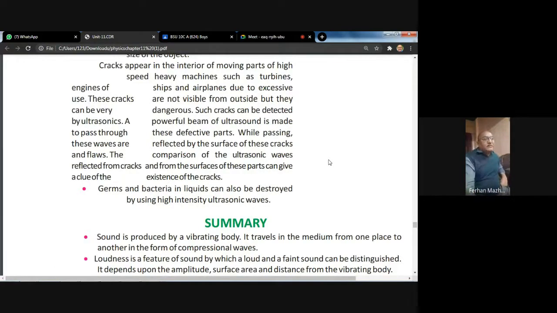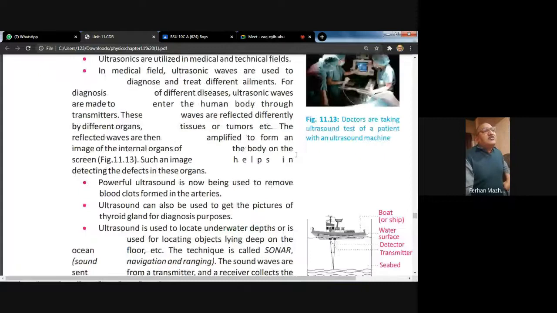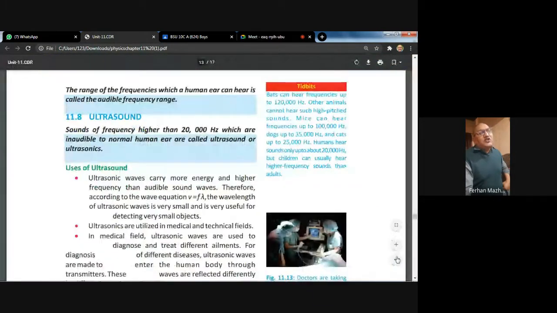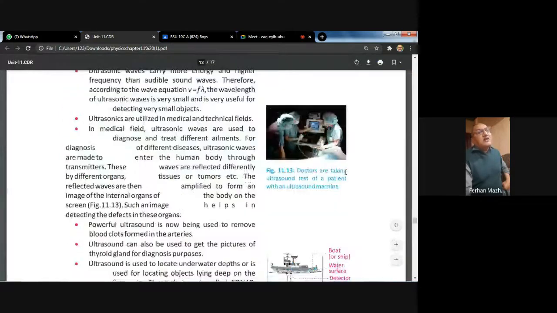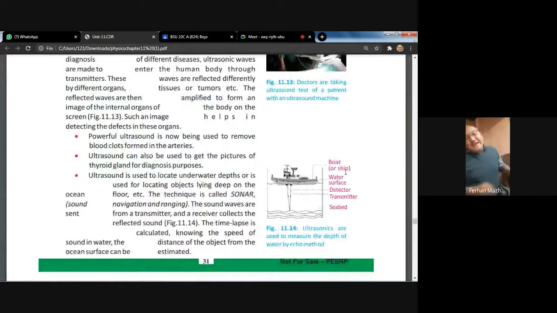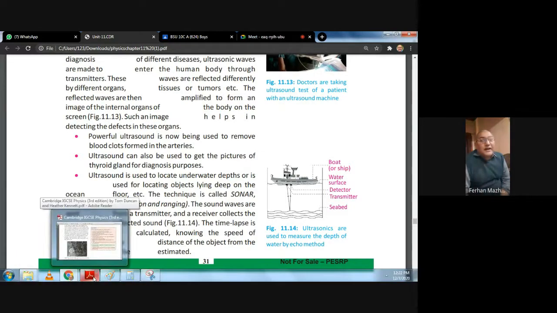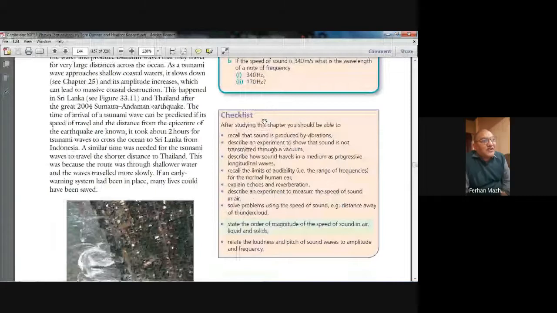So you see, today I have read these. There is not that much explanation, but reading these articles where he defines how ultrasounds are used is very important, because sometimes you have to list the uses of ultrasound and sometimes you have to use them. I have time still, so let's do a question on how ultrasounds are used.